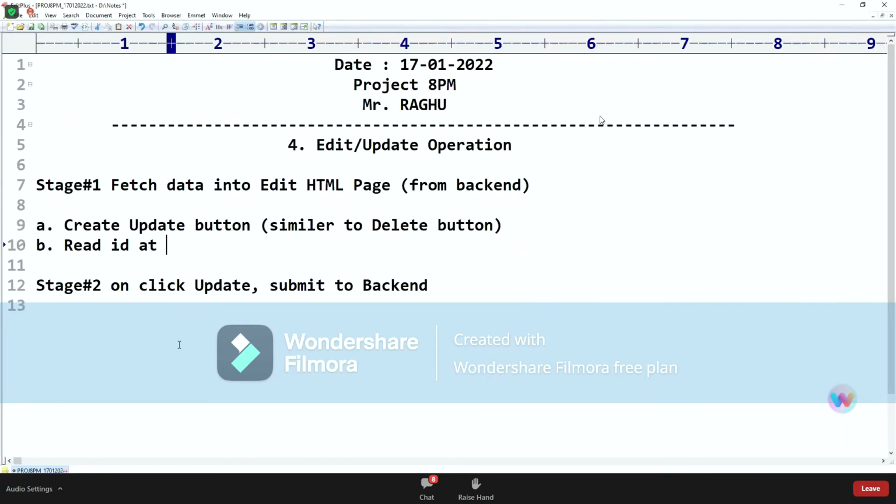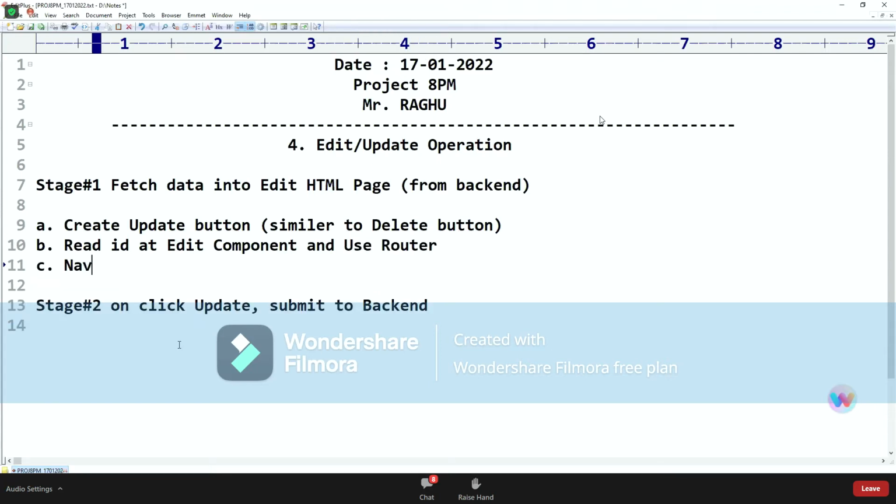Read the ID at the edit component and use router. Navigate to the edit component with ID input.